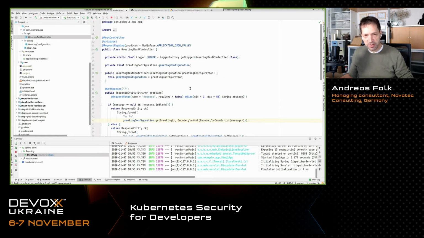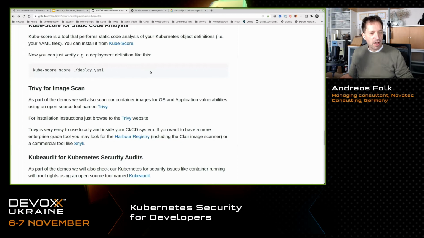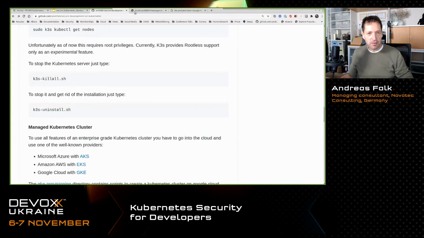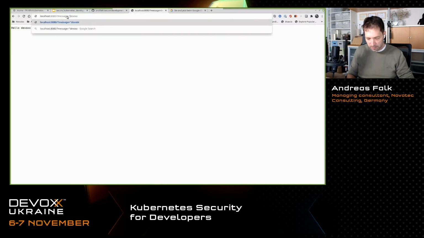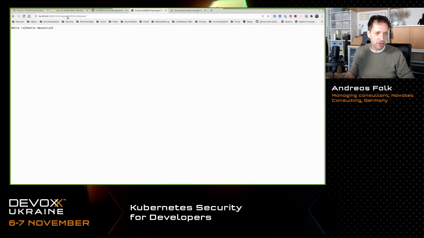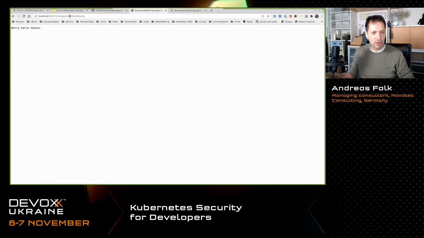So it's pretty simple because we don't want to deal with complex use cases today. We just want to use a simple application for our cases. So if we look into the application, I can easily just put some message here. As you can see, these things here are already encoded, so it's not possible to use that directly. So hello Devoxx could be a possible message.